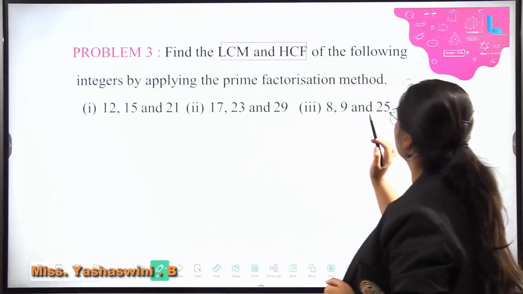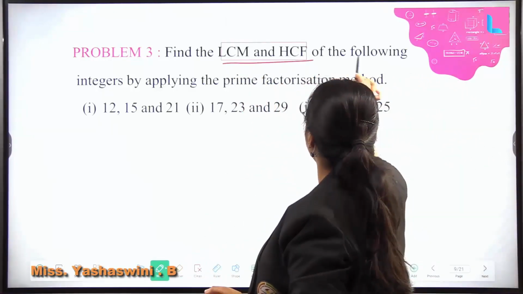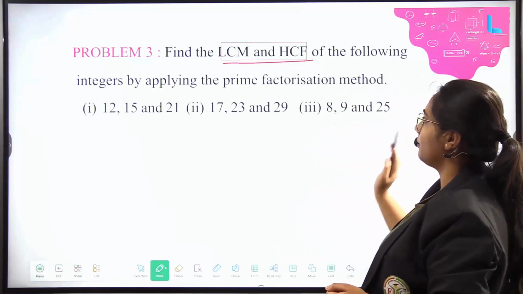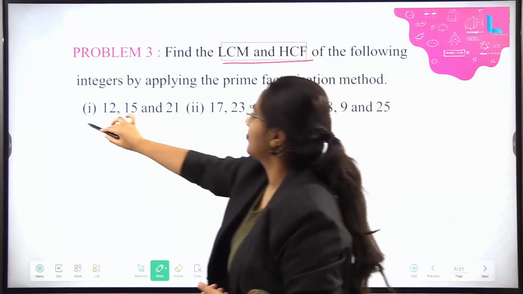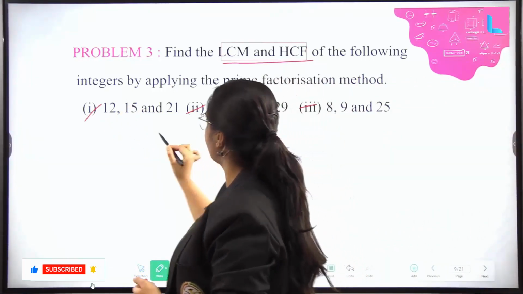Next, find the LCM and HCF of the following integers by applying the prime factorization method. Questions 1, 2, and 3 we will be solving. First question,